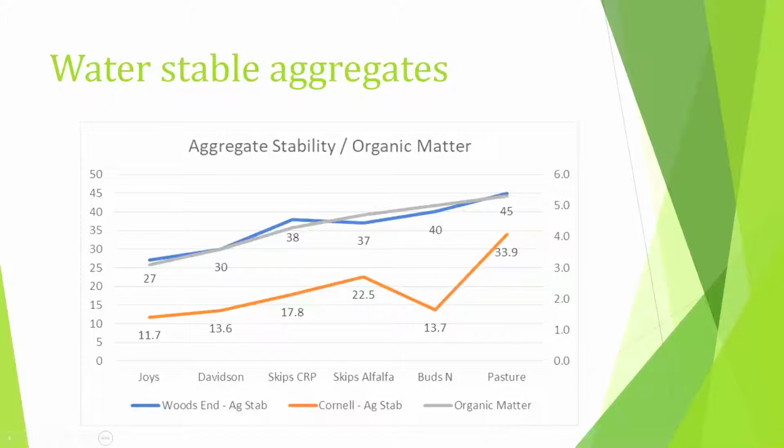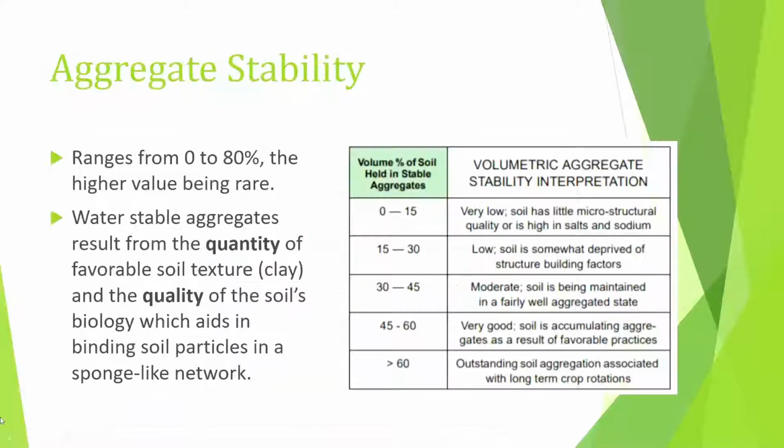So what I did, I really wanted to look at aggregate stability. It ranges from values of 0 to 80%, and the higher values are rare. That's the percent of water stable aggregates in the soil. You tend to plot numbers someplace here in the greater than 30%. You start to get up in some permanent crops like alfalfa, you can get greater than 60. But what you want is aggregates that don't break down. They're very water stable. So the higher proportion you have of water stable aggregates, the more stable that soil is,